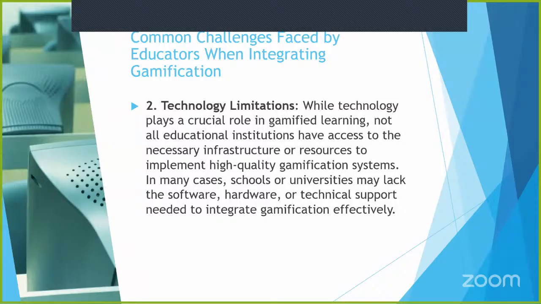Another is technology limitation. Yes, sometimes technology itself becomes a very important challenge in front of educators. While technology plays a crucial role in gamified learning, not all educational institutions have access to the necessary infrastructure or resources to implement a high-quality gamification system. In many cases, schools or universities may lack the software, hardware, or technical support needed to integrate